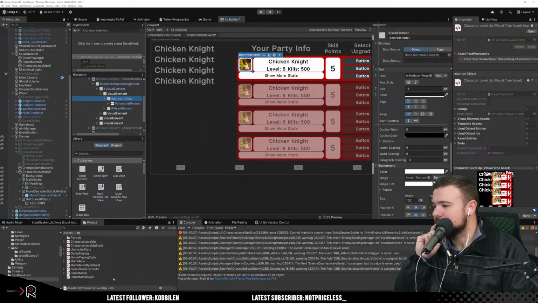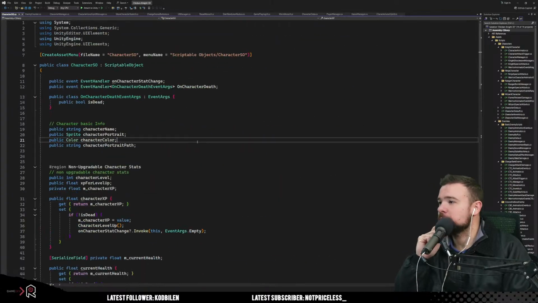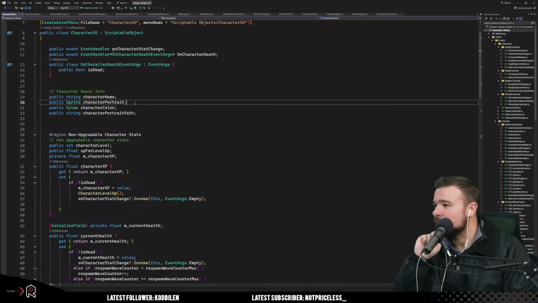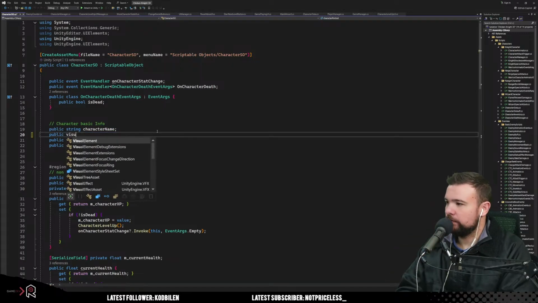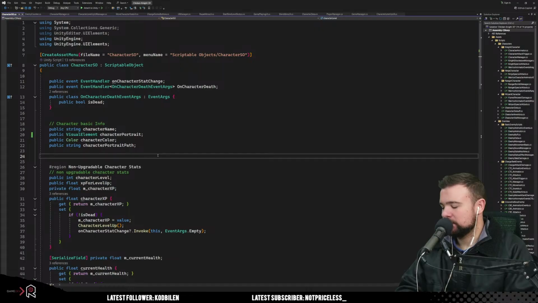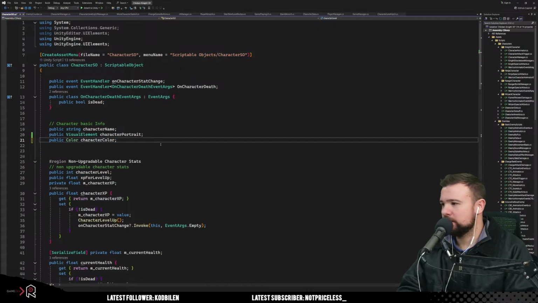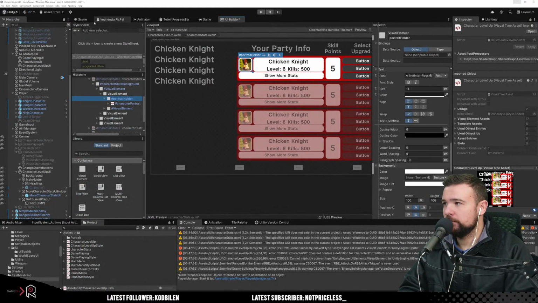You'll see now. Okay, so if we go to our scripts, character scriptable objects, I think is the way. So what we can do here, I think I just want a visual element of type and call it the character portrait. Right? We don't want the path, that's pointless. So if we do this, and we go into our scriptable objects,